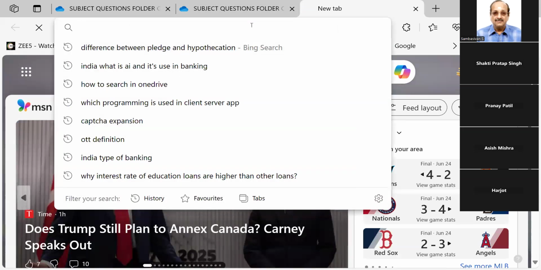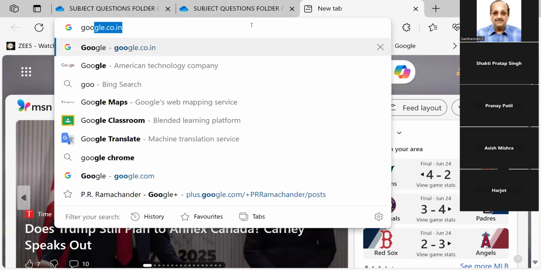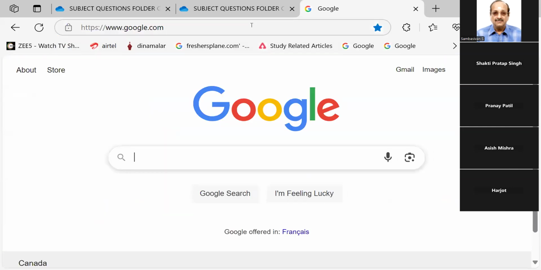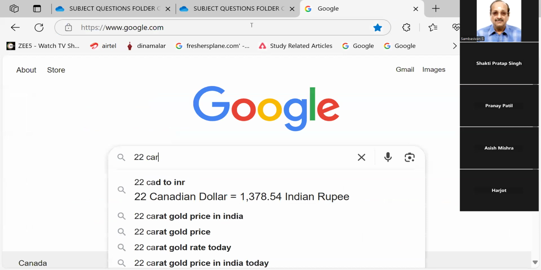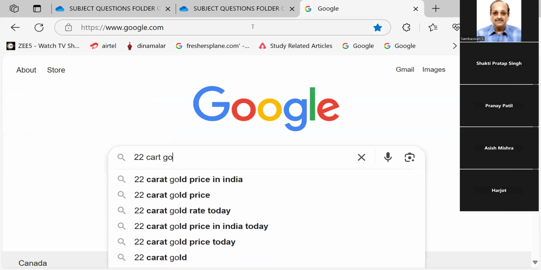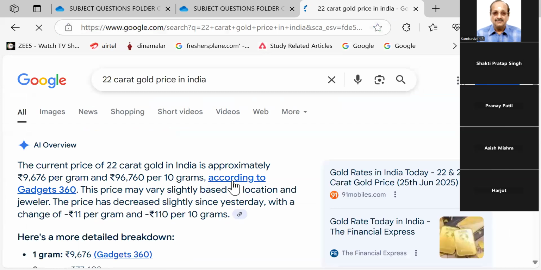What you are telling is 24 karat gold. What I am talking about is 22 karat gold. 22 karat gold price in India. If you search, you will get today's price. 85,000. Today's price is 9,676 per gram. Yeah, 96,000 per 10 grams. So, the gold that was bought on my marriage day for 160 rupees is now worth